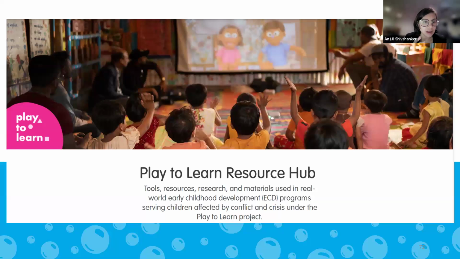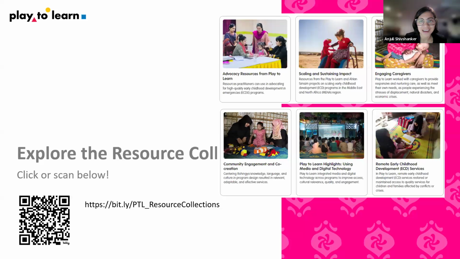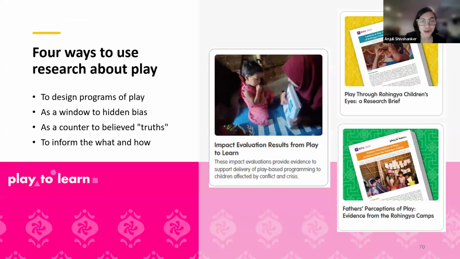We'll go back, I think, 2 slides because we have one last person who's going to take the stage, Kate Schwartz, from our research partner at NYU Global TIES. Even though we've focused heavily on practitioner resources, we wanted to give Kate the chance to explain a little bit about how the ways that we researched play really improved the quality and relevance of our programs, and we were so grateful to be able to have a research partner in this project as well. So Kate, I'll hand it off to you.